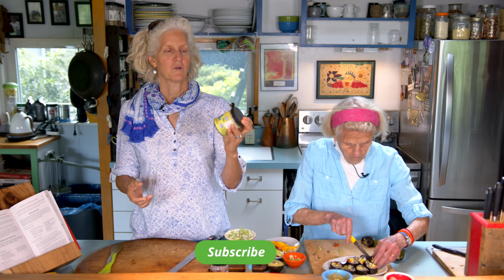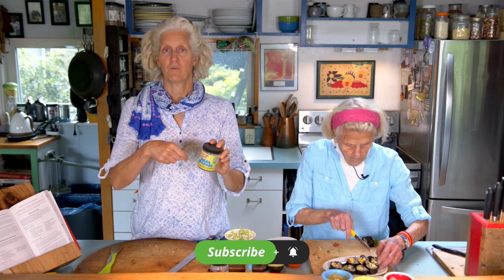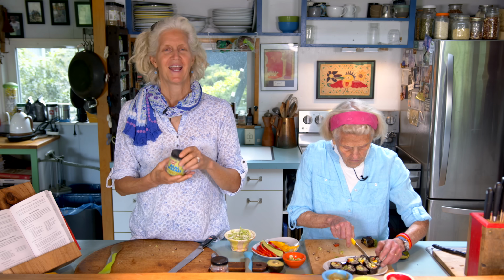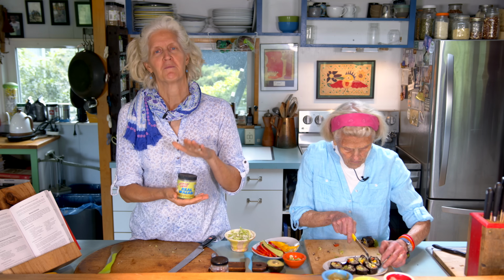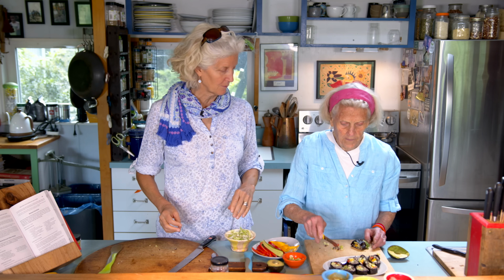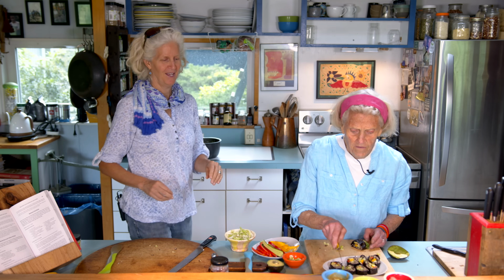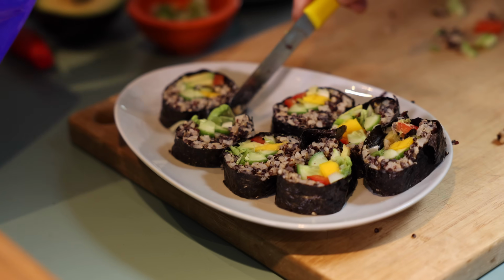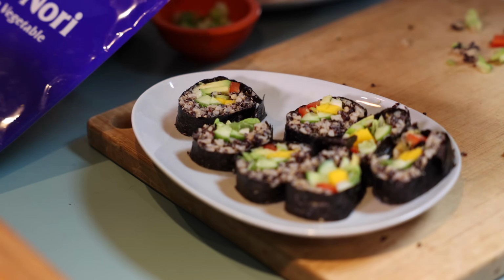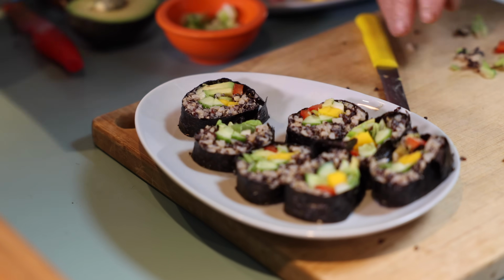I like to take wasabi that's powdered and add water to it, because sometimes when you buy already made wasabi, it has egg yolk in it and other things that we are really not excited to eat. How are you doing? Mine are delicious, but by failing to make sure that last little bit was sealed,